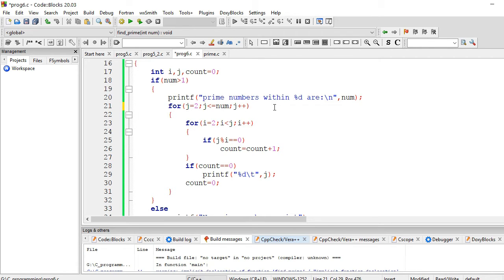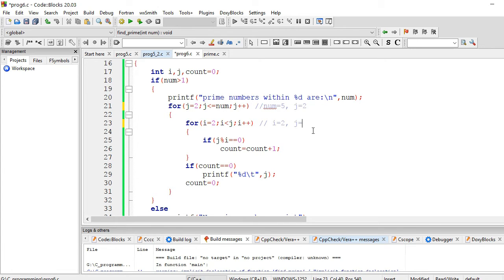Let's say our number is 5. Okay, so j is starting from 2, so we have entered this for loop. Here i is basically 2, and what is the value of j now?